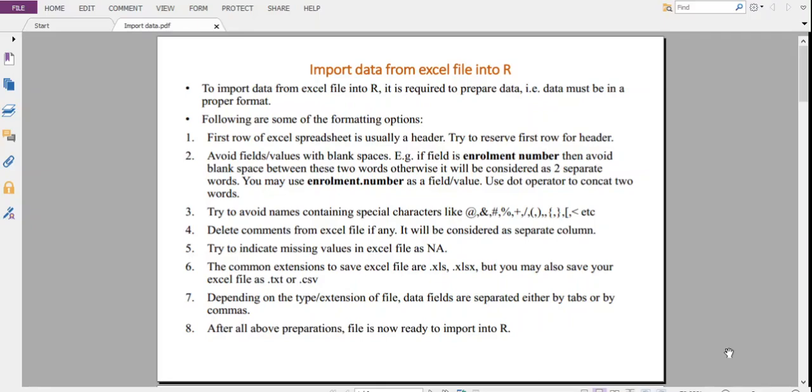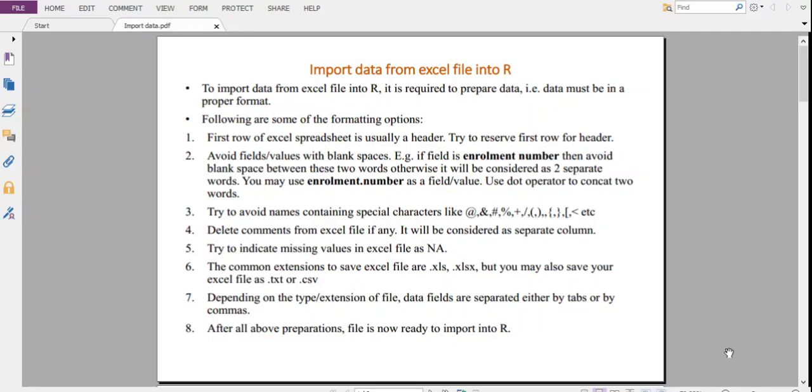Okay, so whenever in Excel spreadsheet our column consists of data which is a combination of more than one word, we need to combine all those words together to form a header.